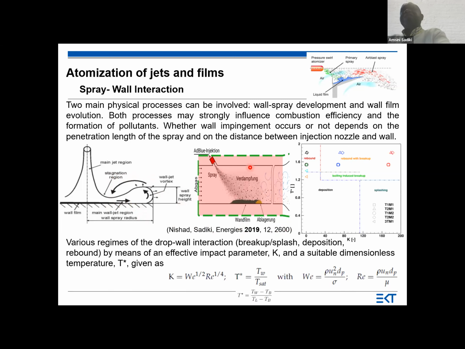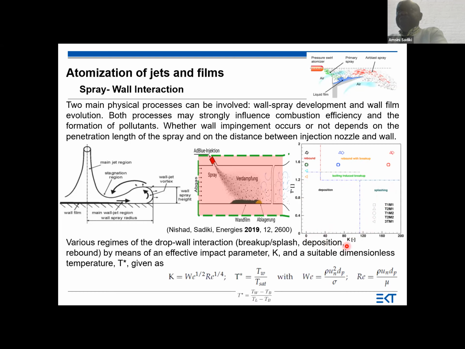And from this calculation, we could derive another regime, the breakup regime. For that, we have different regimes. We have deposition, we have rebound, we have rebound with breakup, we have boiling-induced breakup, and we have also splashing. And we could obtain everything and also compare with experimental data from a group in Karlsruhe within our group here. And this regime map has been plotted